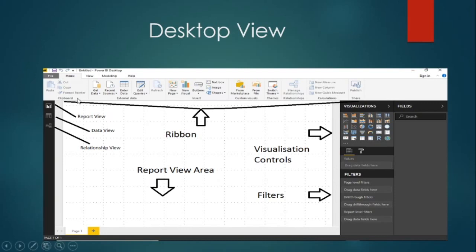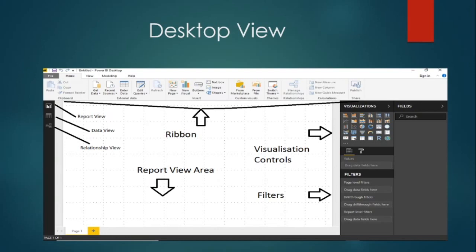There you can edit your data, modify your data, and make some calculations on your data. In relationship view, suppose you have around 10 to 15 tables and you want to make relationships between them.